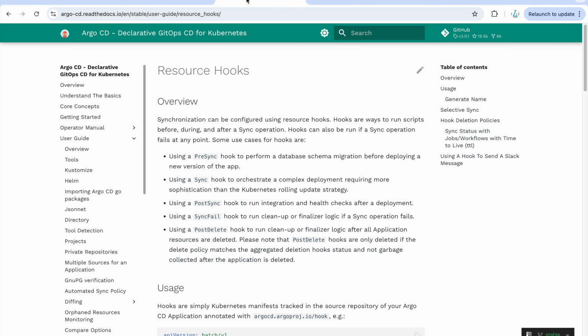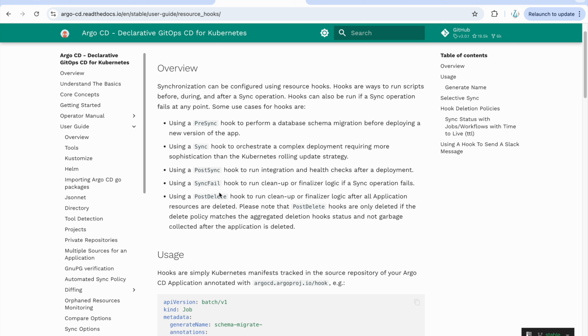Just to give you an overview, they call them resource hooks, and hooks are ways to run scripts before, during, and after sync operations. You have four options. Pre-sync: generally people use it to perform database schema migrations before deploying an application. You can use the sync hook also for your complex architecture or deployment.